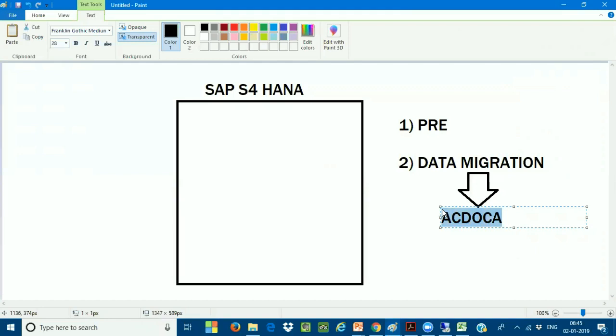As I told you, now there is no need to have any BW system with you. The BW system is completely embedded in your SAP HANA, so it is not required. Now all the historical data you can maintain in one table, because SAP HANA is a very big database where we maintain all the analytical data, and all the current year data, meaning all the hot data, you can maintain in the in-memory database. So there is no need for a separate BW table now. All the historical data is going to reside in the same table, which is called the ECDOCA table. Clear?